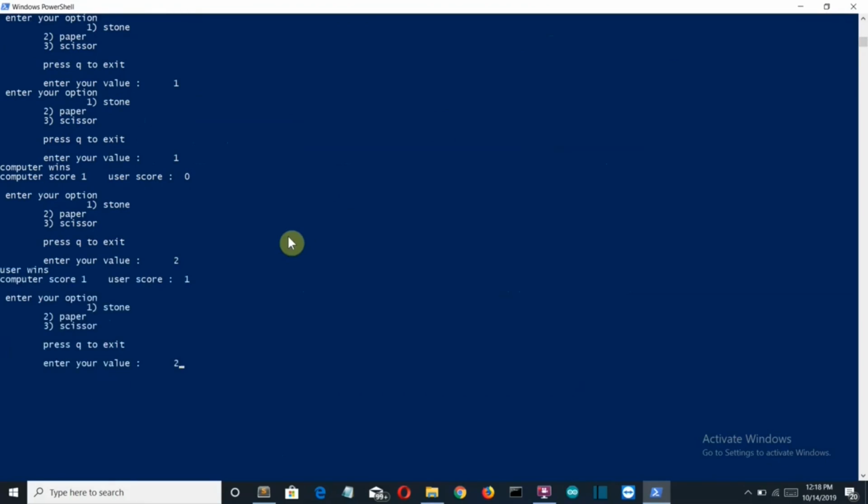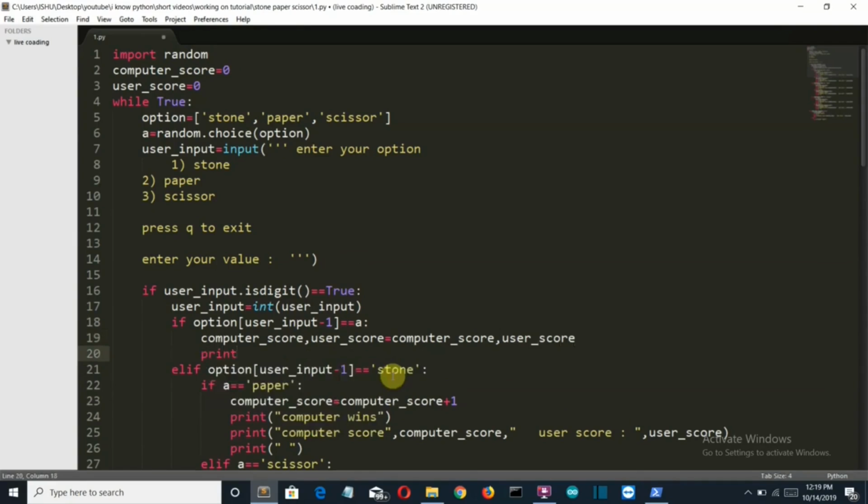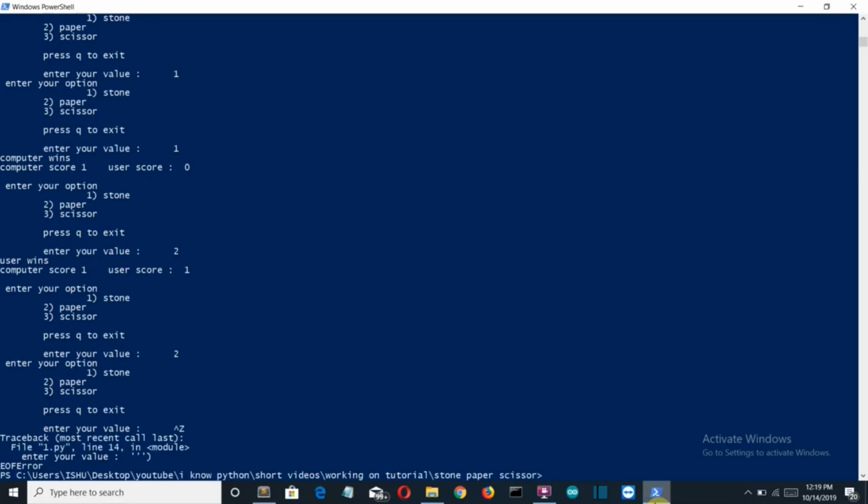User wins, user score is incremented, again the same. Now let me make a few changes so that we are able to get when the output is same. Let me write something here. Let's say print lol we are same. Save this one and close this,